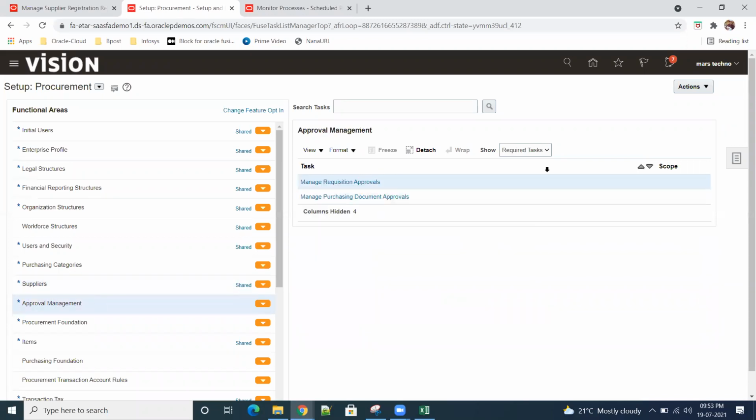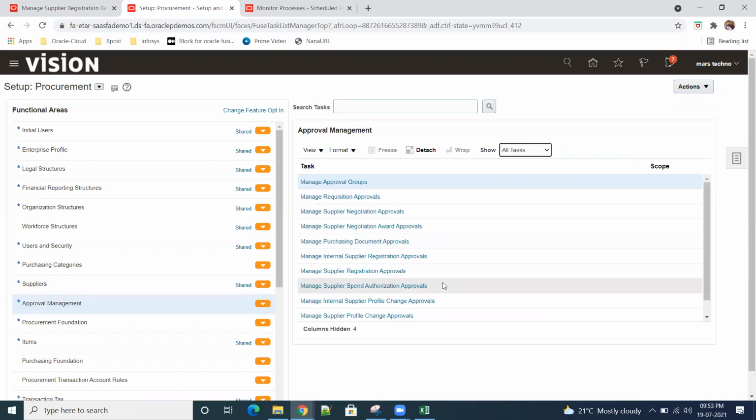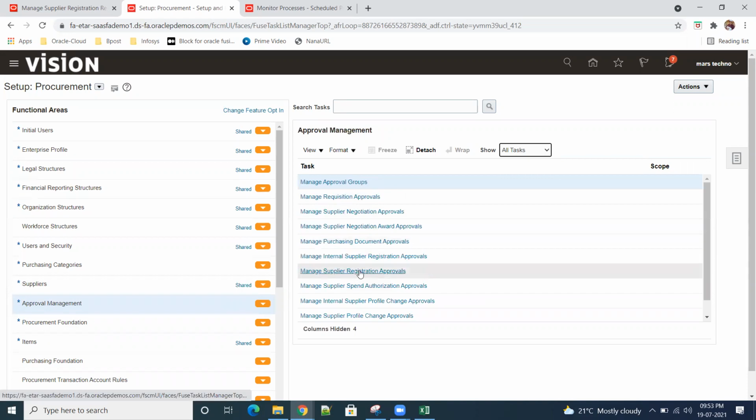Approval management. Go to all tasks. See here, we have manage supplier approvals, manage supplier registration approvals. Here we have internal supplier registration and supplier registration. We have to select internal, right? Yes, it's internal. No, external.